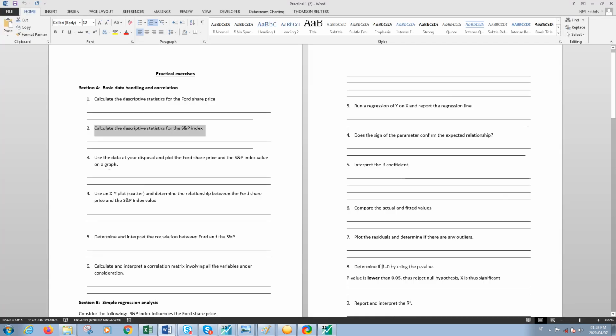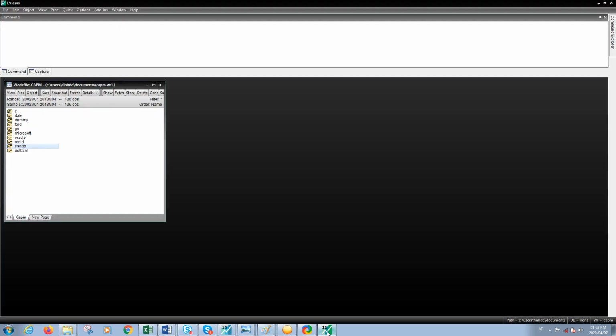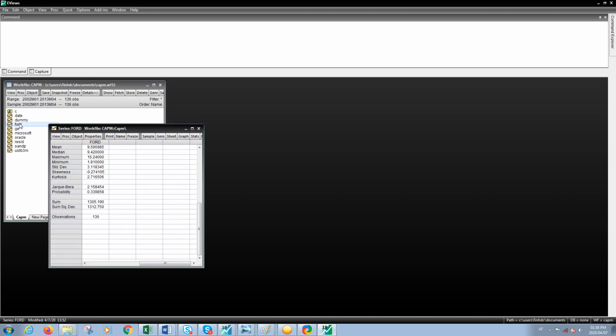Now it asks you, so now we're getting to the real stuff. Use the data to your disposal to plot the Ford share price and to plot the S&P share price. So to do this, you once again, so it asks you to plot the graphs of the individual, first the Ford and then your S&P index. So once again, anything that you want to do with a series itself, you double click on